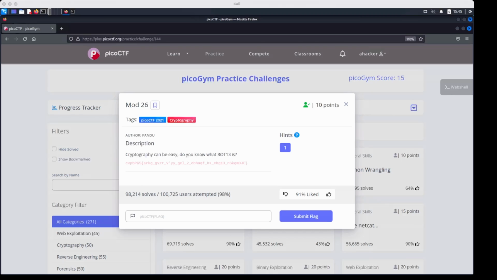Alright. So Mod 26 is the name of the second challenge. The description goes, cryptography can be easy. Do you know what ROT13 is? Now, before we get to actually solving this challenge and discussing what this encoding ROT13 thing is, let's do what we normally do